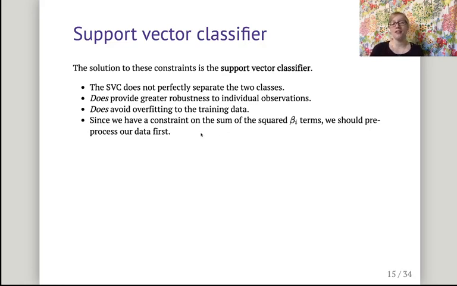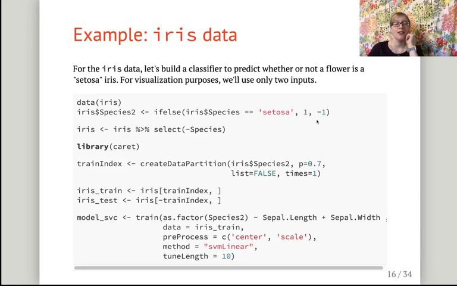However, since we do have a constraint on the sum of the squared beta terms, we should always pre-process our data before we apply this technique. Support vector classification is another one of those models, like k-nearest neighbors and regularization, that does heavily depend on pre-processing. Okay,